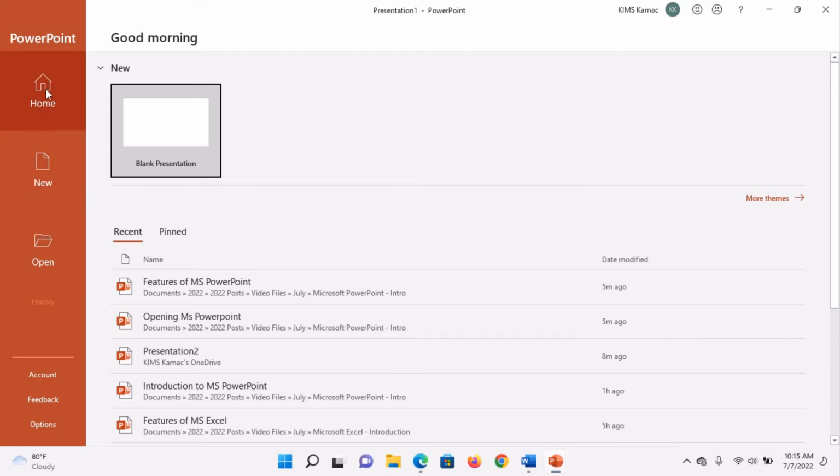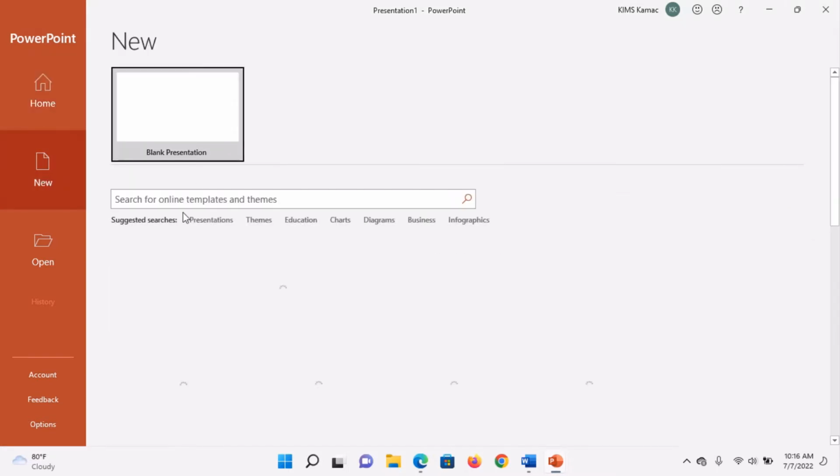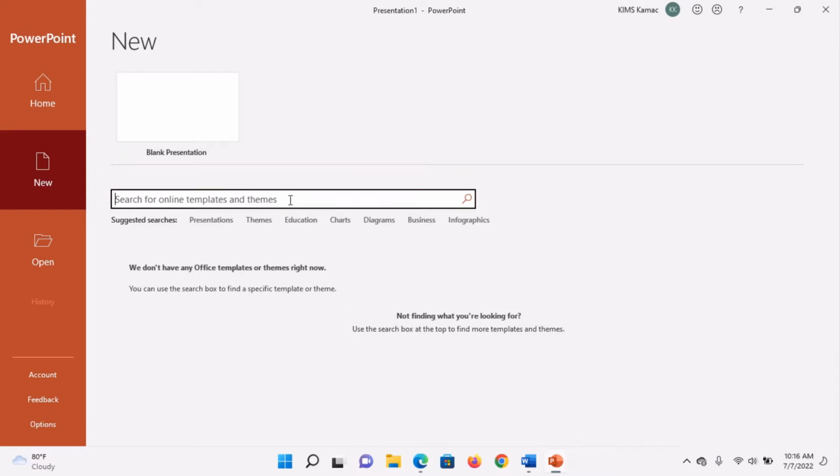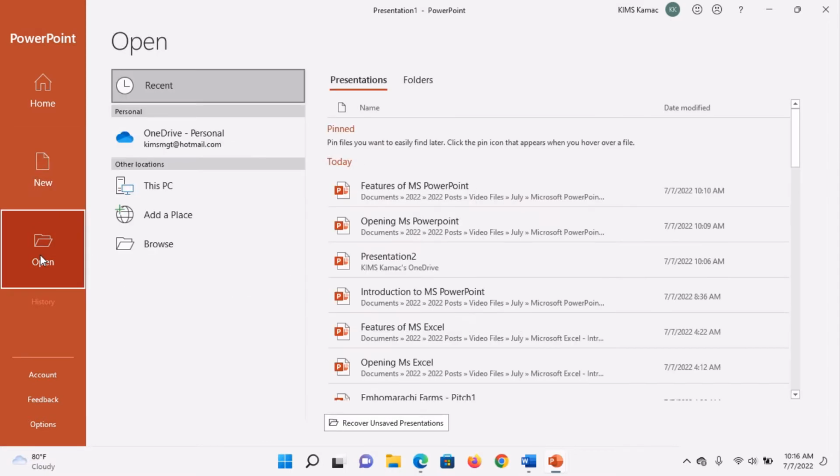Here you have the pane where you locate home, where you see the blank and recently worked on, recently used presentations. You see new, where you can select from themes and templates. You can also search for templates online, and you also see open, where you can open already created presentations. But if you are working with Microsoft Online